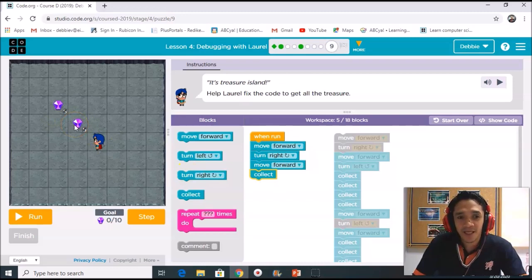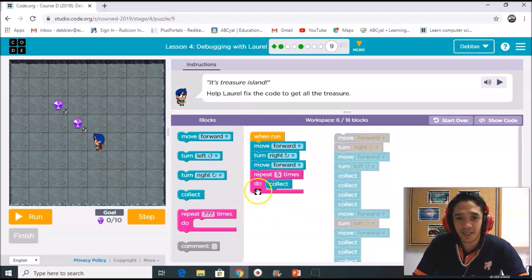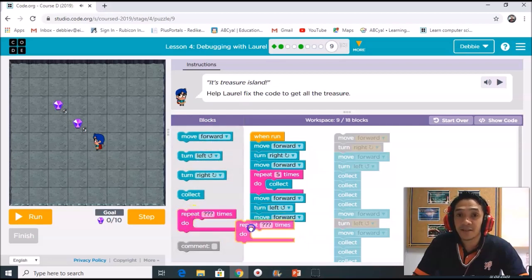Okay. Now, how many times you need to collect the gems? So there are 5 gems, right? So instead of putting 1 collect only, you put it here and then put the looping, correct? So you need to put how many? 5. So repeat 5 times, do collect. After you collect this 5 treasure, you need to move forward. And then after you move forward, you turn left, and then move forward, and then move forward, and then collect